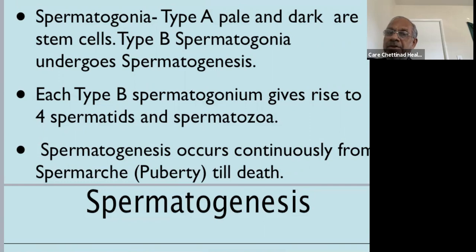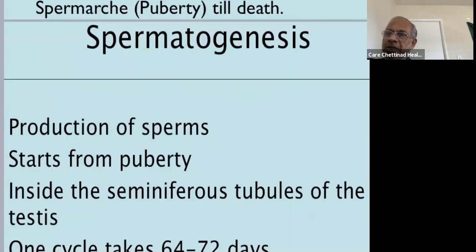And remember, spermatogenesis occurs continuously from spermarche. That's a word we coined, which means the onset of production of spermatozoa. Again, nobody knows for sure when it happens. It happens at some time during puberty. But this sperm production goes on till death. A man never stops producing sperm. There is no spermopause or male menopause. There's only an androgen deficiency of the aging male